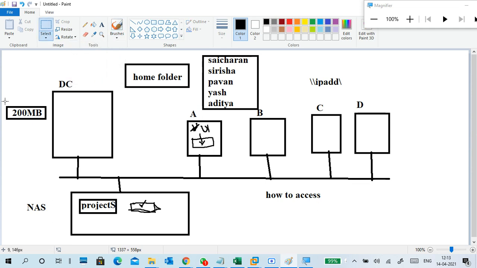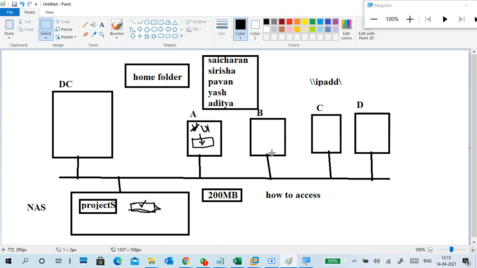He won't get 2 terabytes or 3 terabytes of space. He'll get 200 MB only.